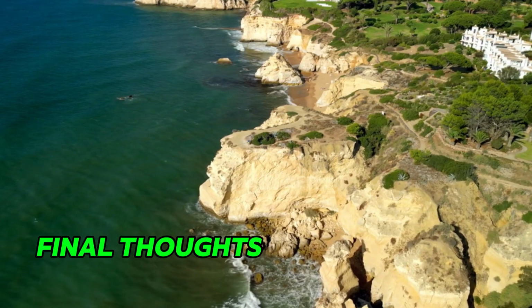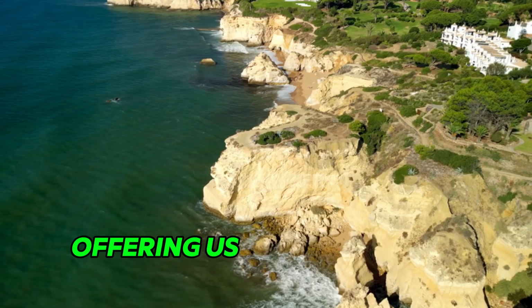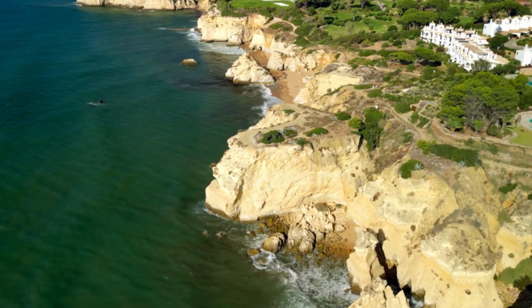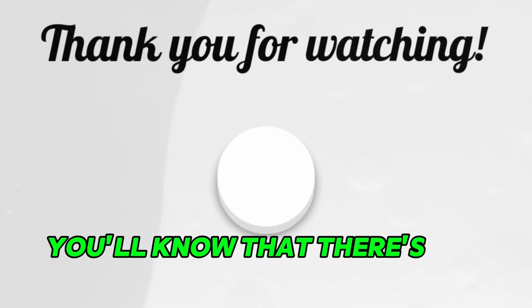Final thoughts. The changing colors of the ocean are like nature's own signals, offering us clues about everything from weather and climate to marine life health. Next time you see the ocean shifting from one shade to another, you'll know that there's a lot happening beneath